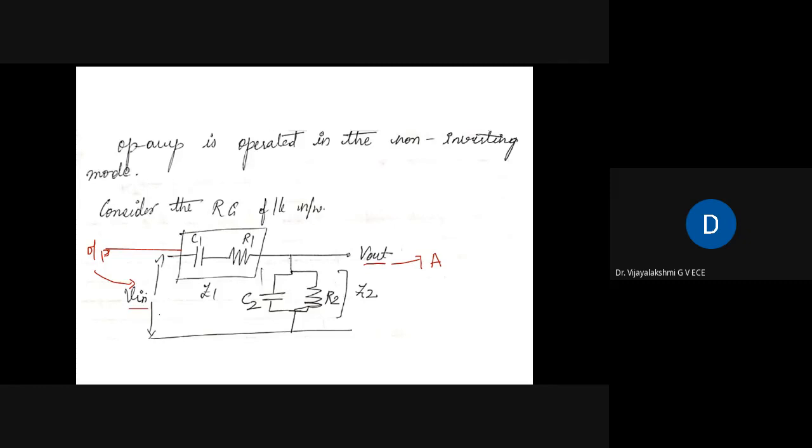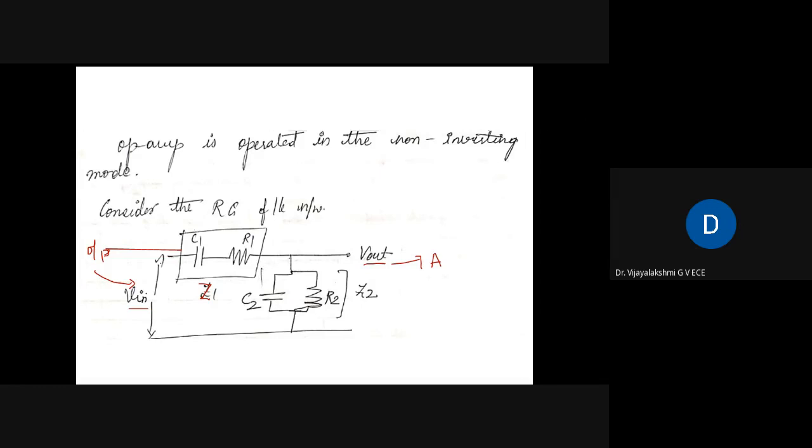Okay. Now we are here to derive the frequency of oscillation. So observe the circuit clearly. Here I have the combination of C and R in series. Let me call that Z1. And here I have the parallel combination of R and C. Let me call this Z2. Now first, for this network, let me find the expression for V out. To find V out, I can redraw this circuit and use the potential divider rule.